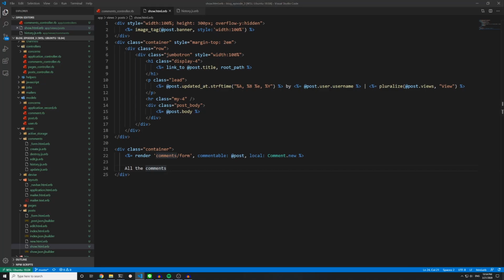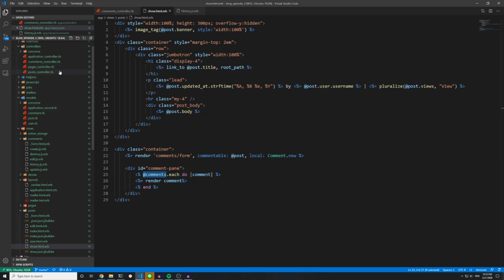After we create that, we need this all comments thing. For this, I created a div and gave it an ID equal to comment-pane. And then in here, and I apologize if you can hear line, probably should have closed that before I started. Here, we can say @comments.each do comment, just like you would iterate over anything else. And then in here, we just want to render the comment. Now this @comments we haven't defined yet, so if you're confused where this is coming from, we